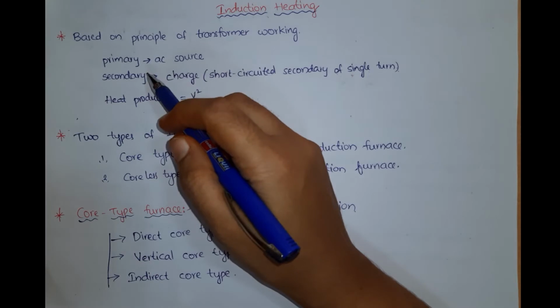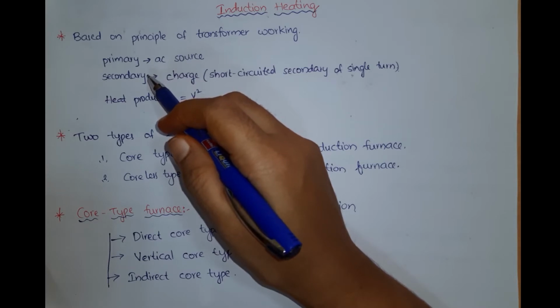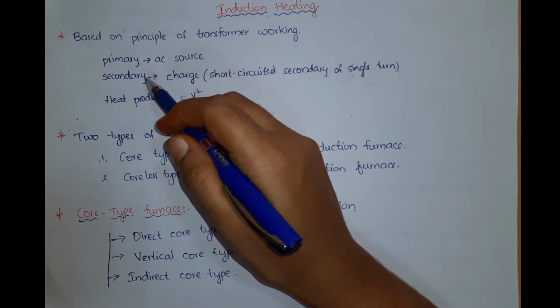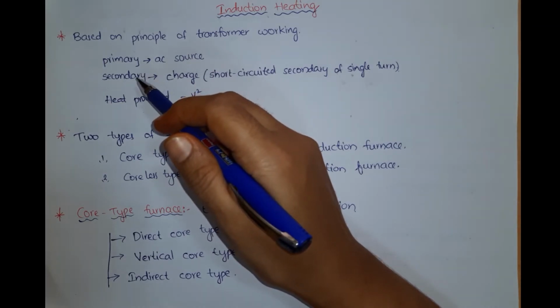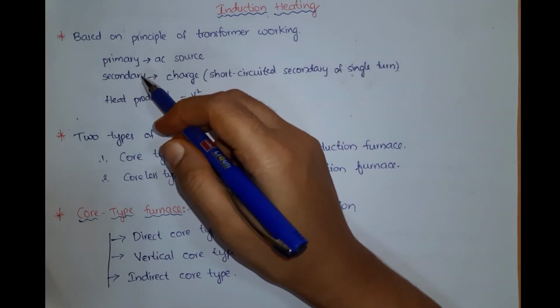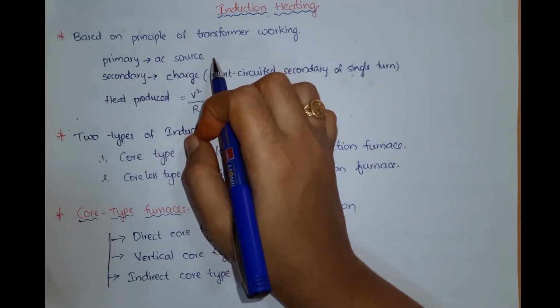So generally, the induction heating process makes use of currents induced by the electromagnetic action in the charge to be heated, right? Whatever the material is to be heated, when some amount of electric current is passed through it, we know that some amount of electromagnetic action takes place. A magnetic field comes into existence, due to which the amount of heat required will be transferred to the charge to be heated. So that is nothing but the principle of transformer working, right?